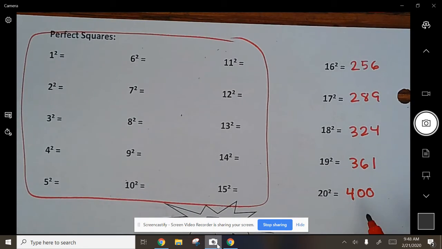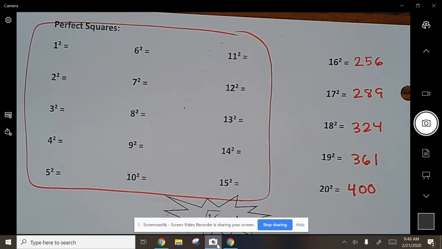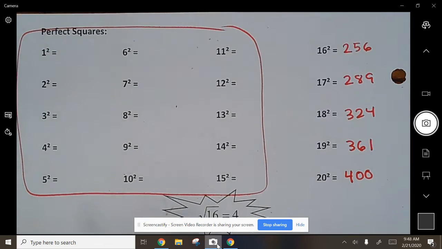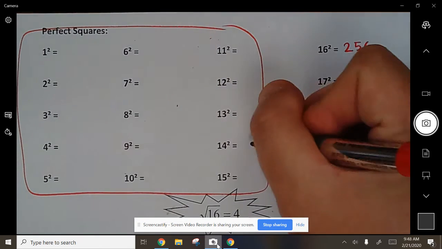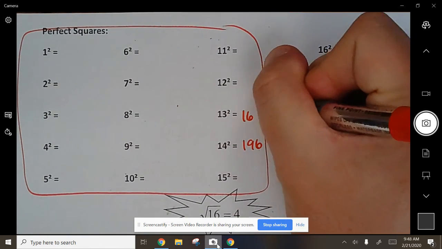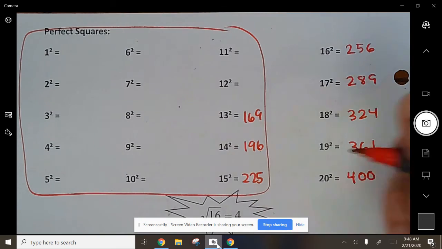20 times 20, I want you to remember. 20 times 20 is 400. Okay? And I shouldn't have to help you with all of these. You guys should know what the rest of these are. You should fill these out on your own. Again, this is 196. Look on the other side if you forgot, okay? All right, now,